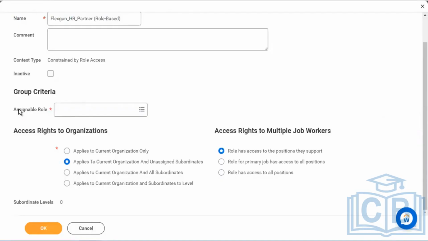Now, why do we need an assignable role? This assignable role is what we assign at different levels, whether at a location level, at an organization level, cost center level, company level. It could be at any type of organization.